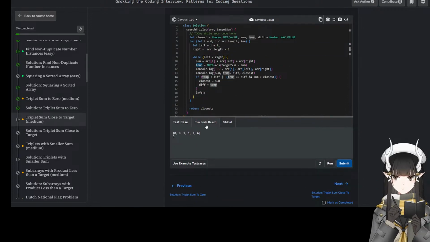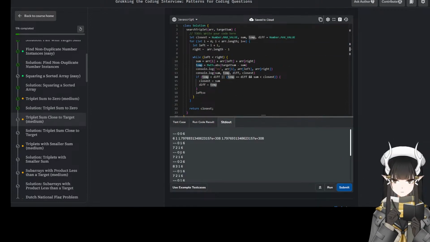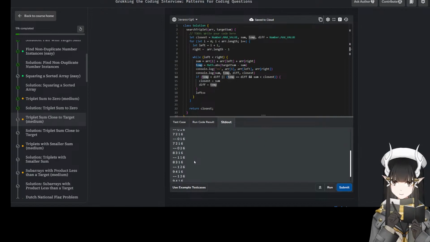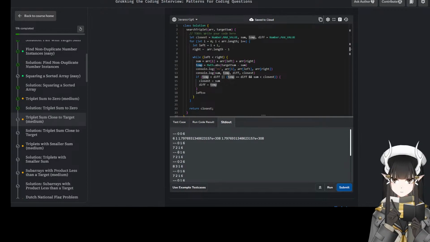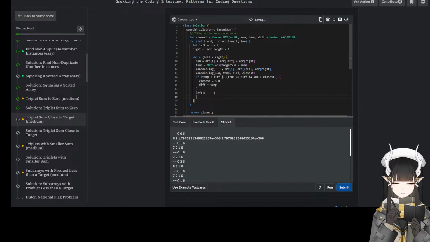With special cases, we're looking at 1, 1, 1, 2. Oh, there's no 1, 1, 1, 2. Okay, that's why. We're not comparing to the full value.